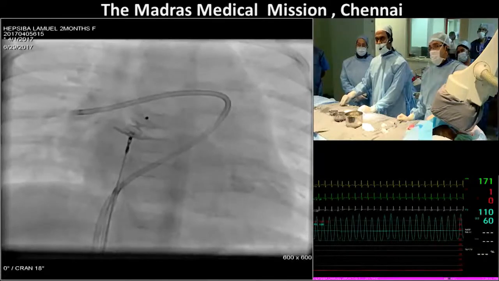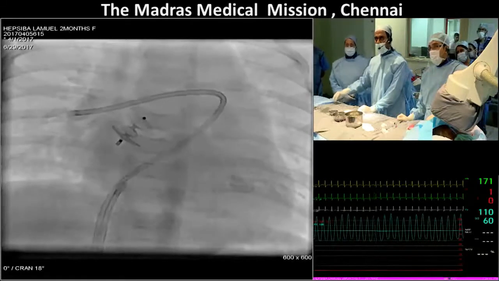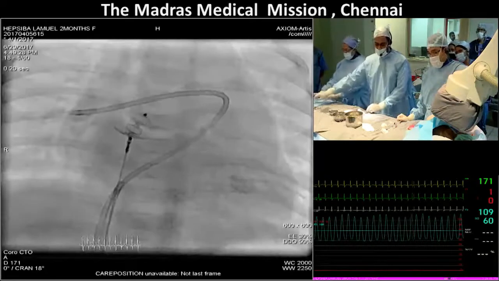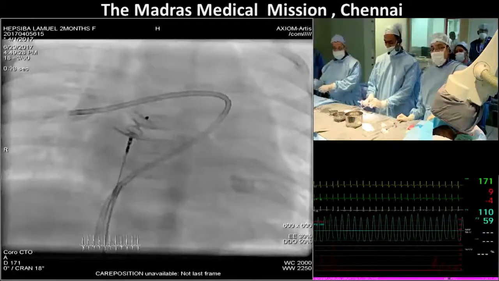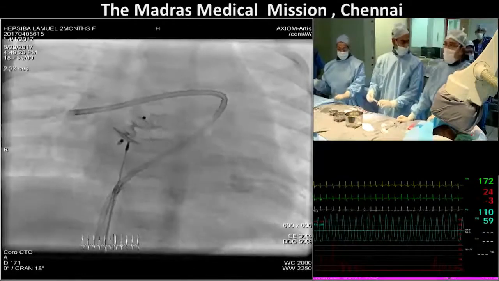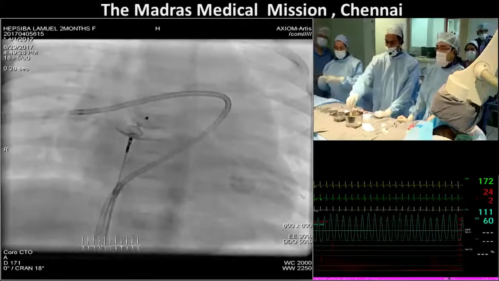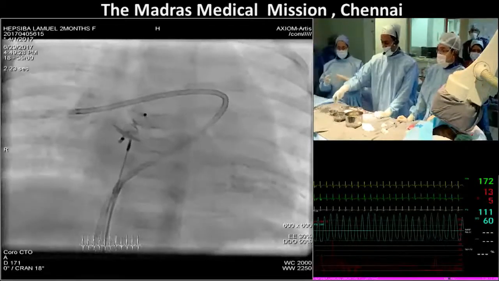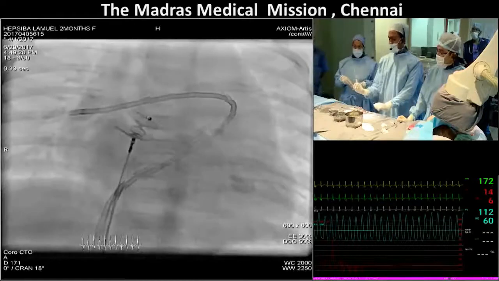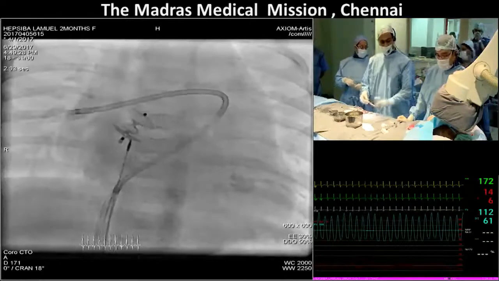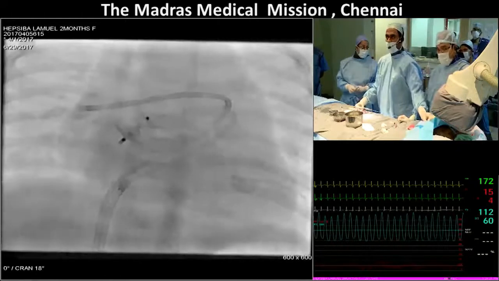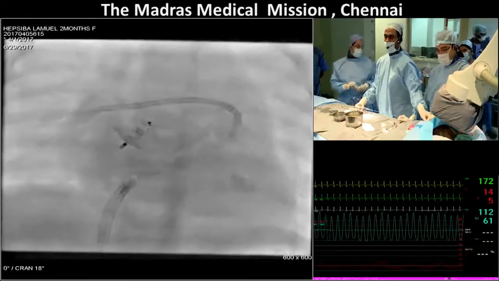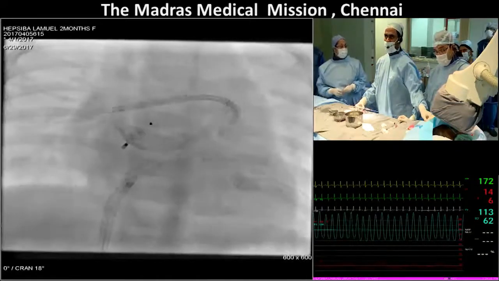Since this is a duct occluder type 2, closure may take a little longer. I'm finding the saturations are right now around 93%. The child is not on any supplemental oxygen. We need to maybe wait till the effect of heparin goes off in order to see whether there is a complete disappearance of the